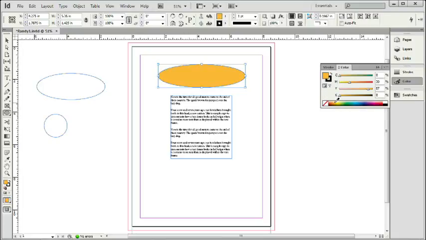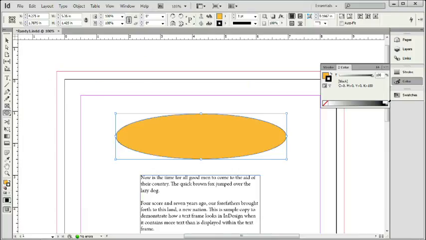Then what we want to do is we're going to take the stroke. That's this hollow rectangle that we've got down here below. And I'm going to set that stroke all the way down here in the lower right hand corner and make it black. Now what we're going to do is we're going to go back to Control 1 to see that